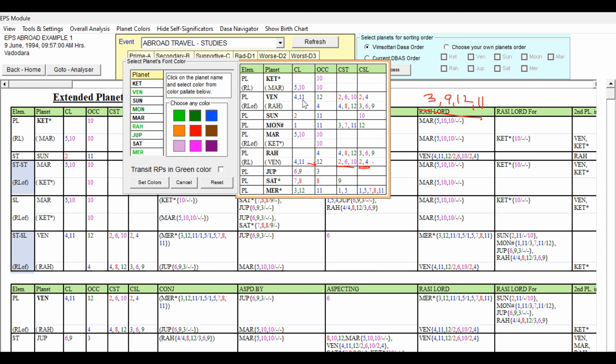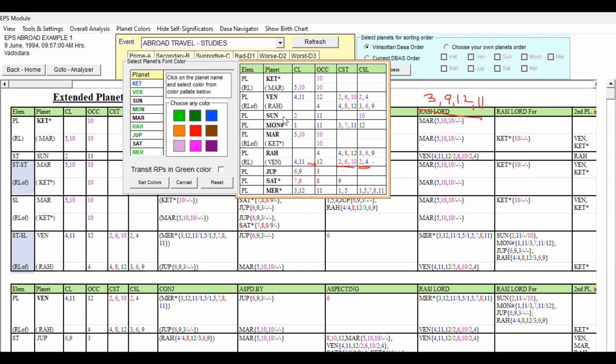Because the source is the 11th lord, it is just only 4. Okay, we can say weak, but fourth lord, 11th lord occupying 12th house, and 2 and 4 cuspal sublord only, it is indicating some weakness, but it is not detrimental. It is not the 8th house, there is no 8, so that way we can give light green also. And Ketu occupying 10th house, so we can give blue. It is not detrimental, and 5, 10, 10 is also fine.